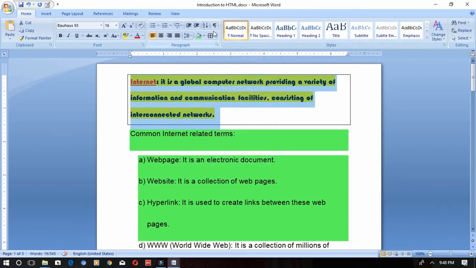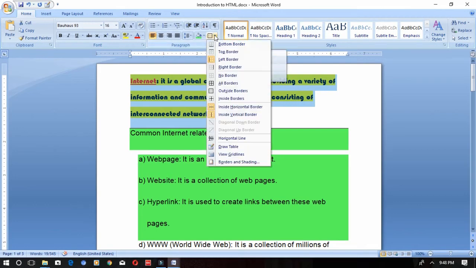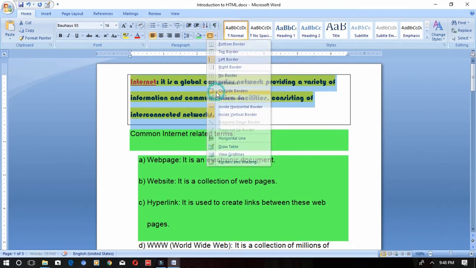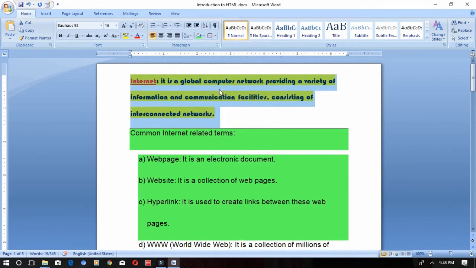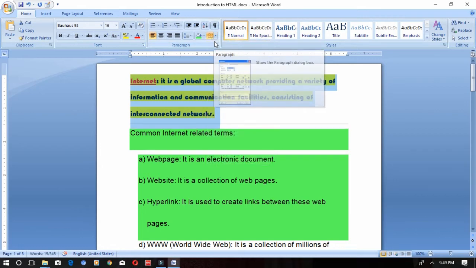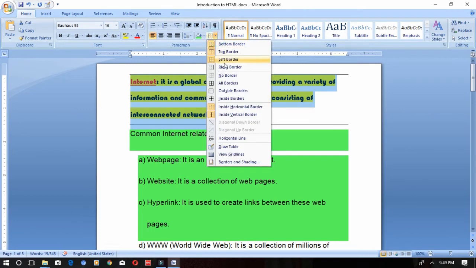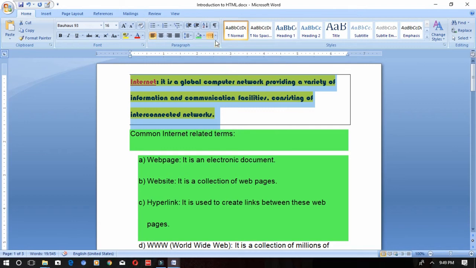If I am giving it like this, it will be working like this. So if you want only outside borders, see, it will toggle between. Okay, it will give you outside borders. If you again click on outside borders, it will remove the outside borders. If you say bottom border, it will add the bottom border, then top border, left border, then right border. So it keeps on going this way. Left border. So now if I wanted a page border, what should I do?